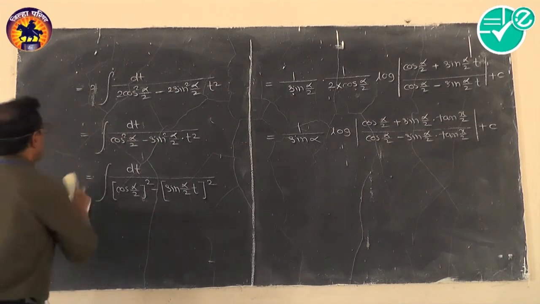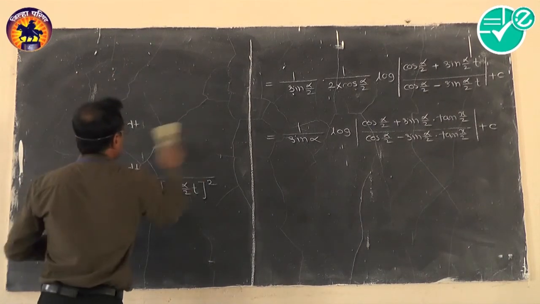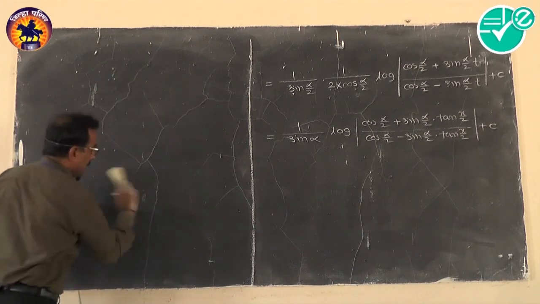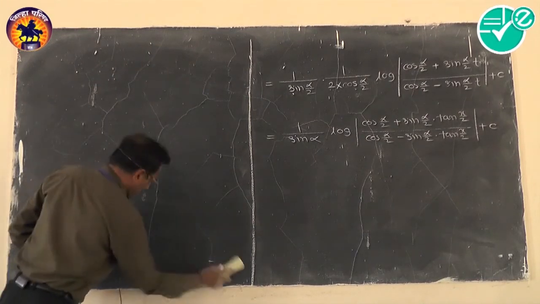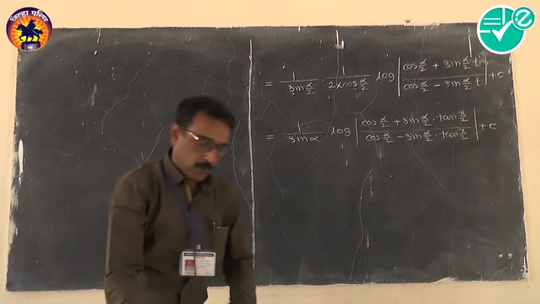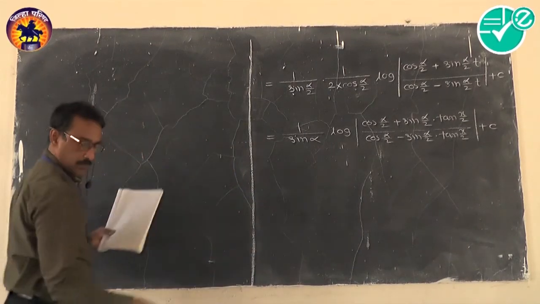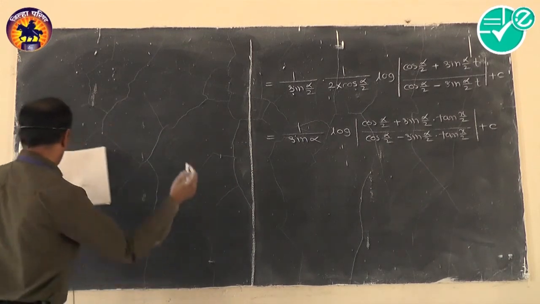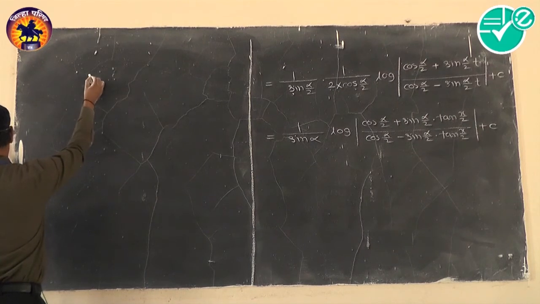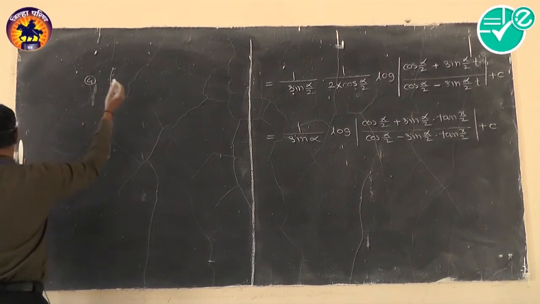Now this much matter is sufficient as far as your articles concerning the method of substitution are concerned. But if we want to take one more example of this same type for more practice, I will quote that example and then we'll stop the lecture. Here is the next example. I think three examples we have taken. Now take the fourth one and we'll stop here.